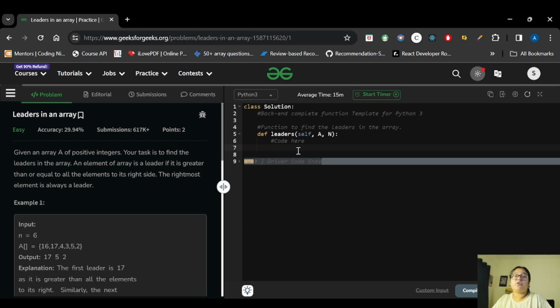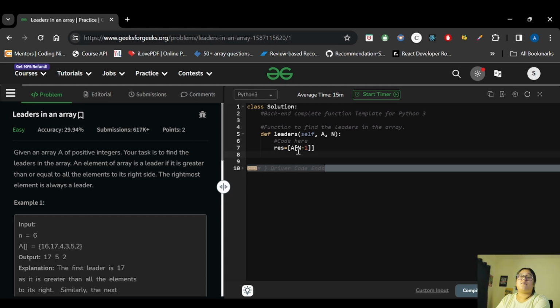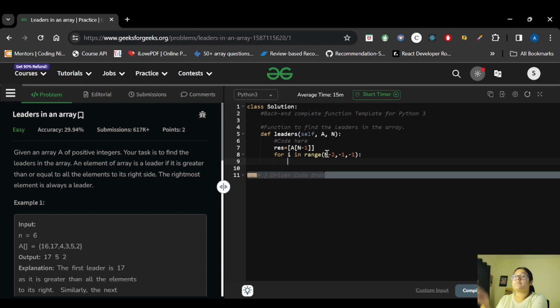Basically we will be going through the optimal approach, and about the brute force approach I will be uploading it in the GitHub. You can access that from there. So what we did was, we will initialize an array and it will be initialized with the last rightmost value, right? So let's do that. Now what we have to do, we will be iterating from the right side. So let's start in the reverse order, n minus 2. Here n is already given, that is the length of the array, so we can directly use that, and we will be iterating till 0. So I am giving -1 because it will take 1 less.